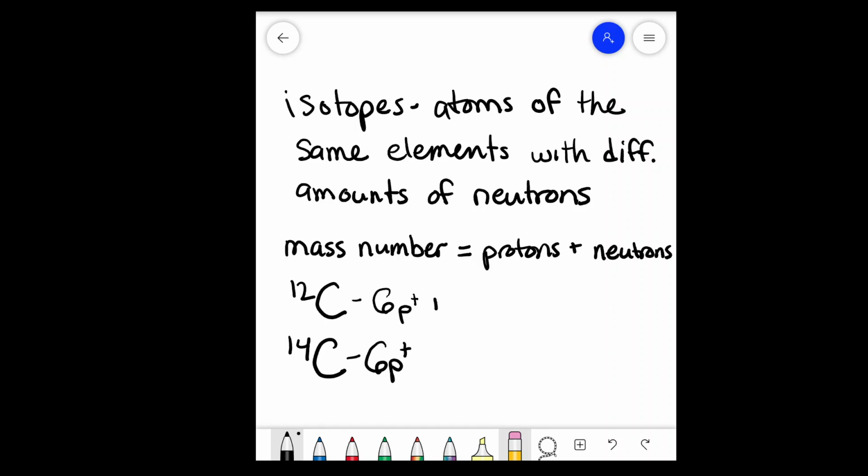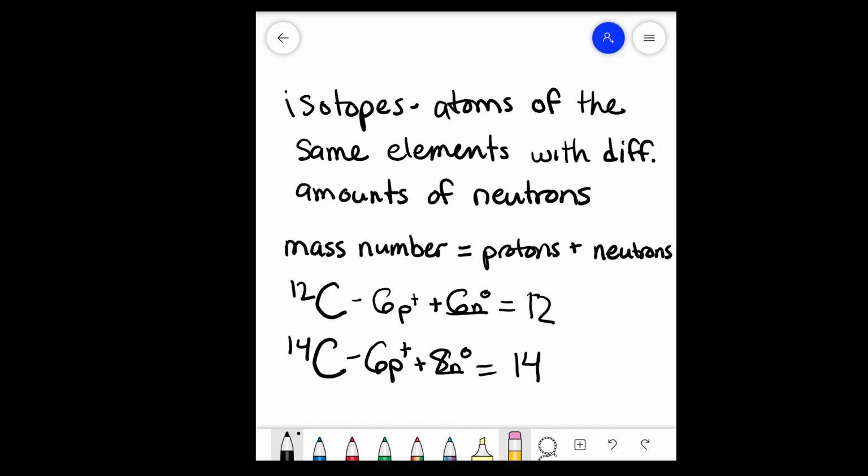And then you have to add the number of neutrons to get it to equal, for this one 12 and this one 14. And so this, you need 6 neutrons and you need 8. So these aren't charged, these are just neutral carbons, and that's how you get the mass number